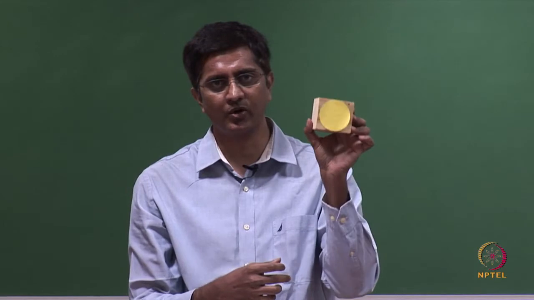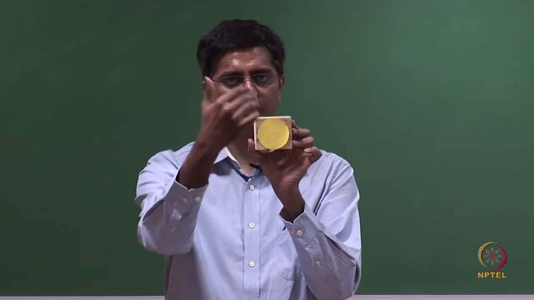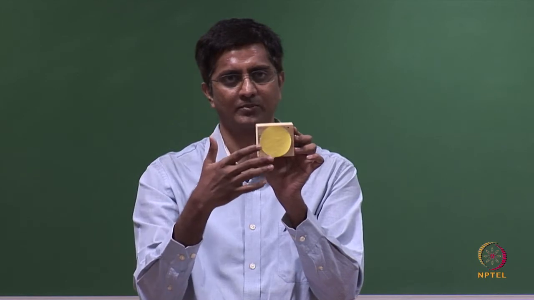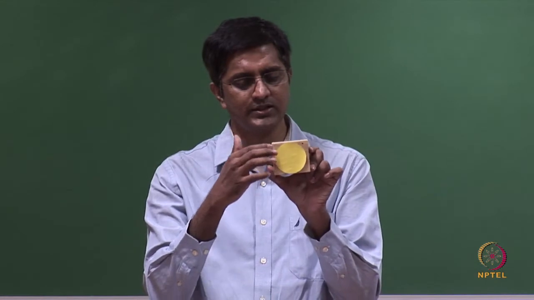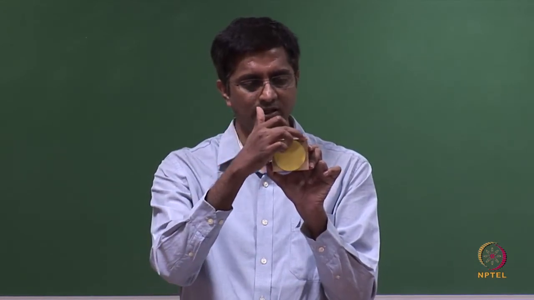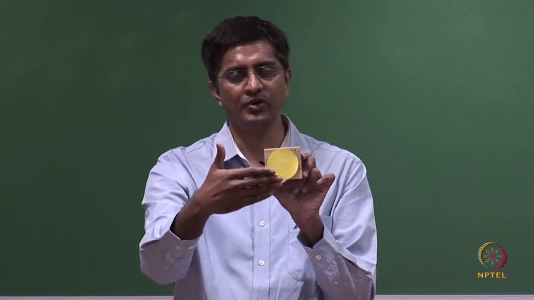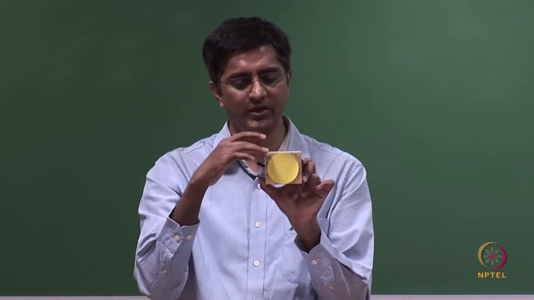So, for example, if your object is as simple as a cube like I am holding, what you will see in the front view, if you are very far, is you will only see the front face, which appears like a square. And we also said the unique thing about multi-view projections is, since the horizontal length and the vertical length are parallel to the projection plane, even in the projected view these lengths will remain the same. So, let us say if this block is of 50 millimeters sides, then even on the projection plane what you see is a 50 by 50 square.